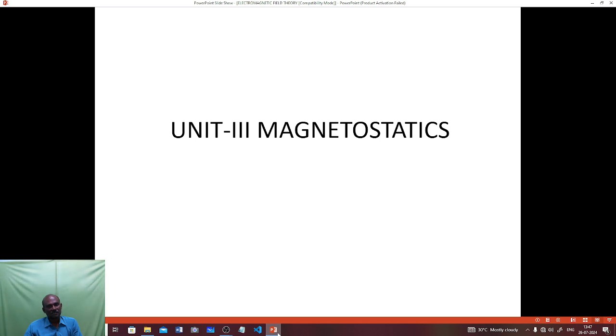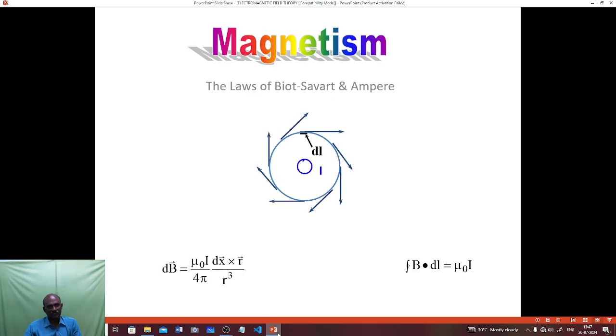The next unit is magnetostatics, dealing with the magnetic fields produced by the moving charges. As well as Coulomb's law, here we are substituting the Biot-Savart law. Biot-Savart's law gives the force between any two current carrying conductors. A current carrying conductor is a source for magnetic fields, using which